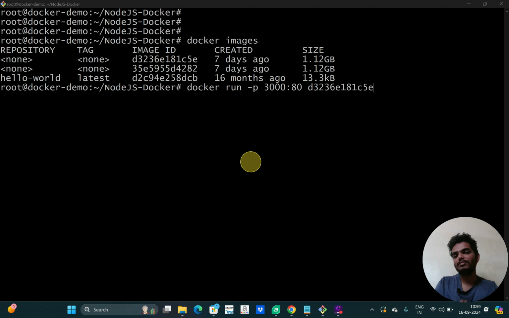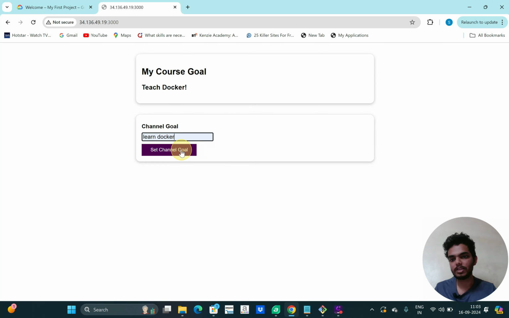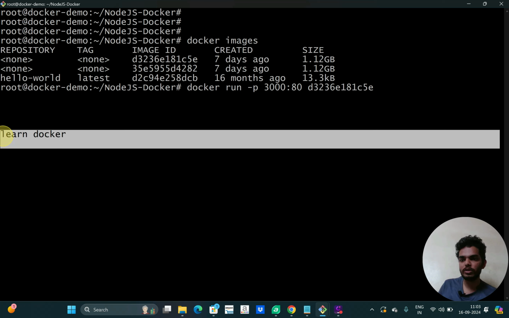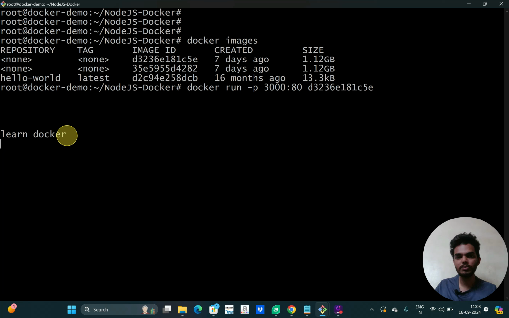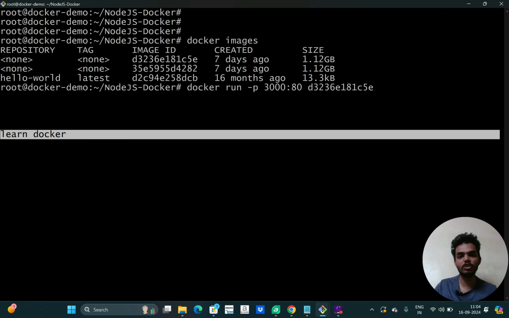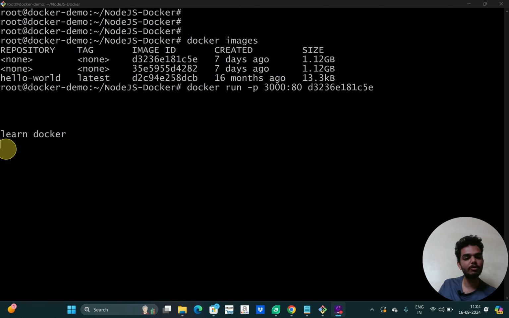Come on guys, let's see what is detached mode in docker run. In the previous session, we created a container using this command and the container runs in attached mode. Attached mode means this container session is attached to your terminal. So once you execute the docker run command, you can't execute any other command in this particular terminal. And if you add anything in this application UI, that will be shown in the terminal also. That means the logs of this particular container are attached to this terminal. This mode of running, we call attached mode or foreground mode.